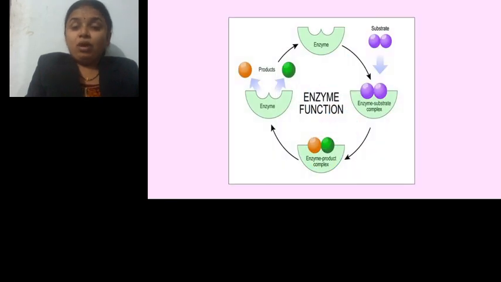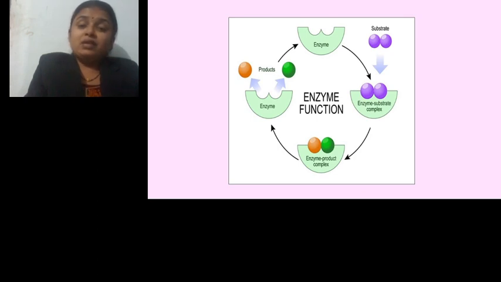So the overall function of the enzyme can be summarized in this diagram. In the first case here we can see that the enzyme is free and interacts with the substrate. There is a formation of the enzyme substrate complex, and at the enzyme substrate complex the necessary or positive interactions occur between the active site of the enzyme and the substrate, and as a result of these interactions the substrate gets converted into the product,